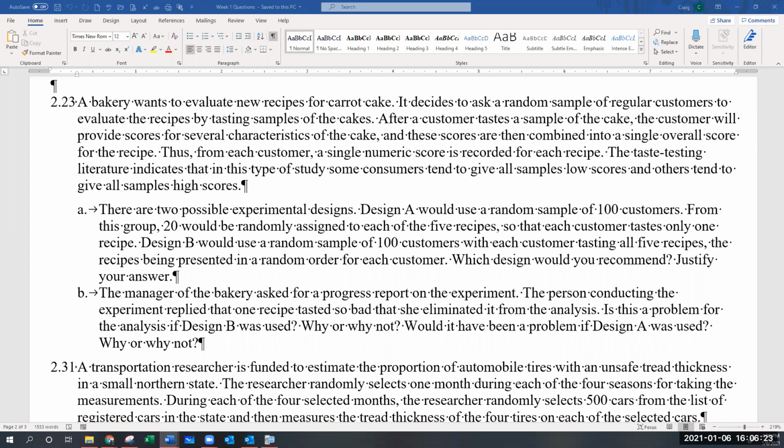Okay, thank you. That's very helpful. And since you said you can make the argument for both, are you looking for just that one answer, or were you looking for the argument if someone did choose design A? No, I would prefer that someone would choose design B and explain it the way I did, because design B is technically the better option. You could make an argument for design A being okay, but design B is definitely better.